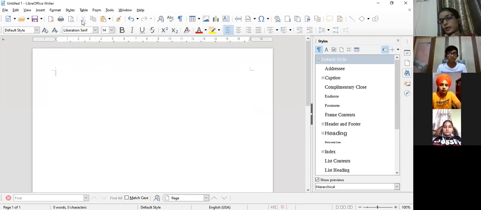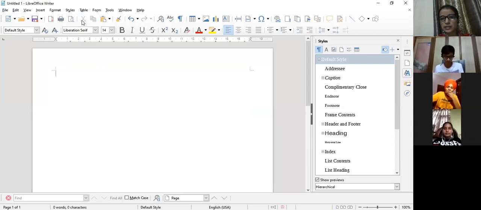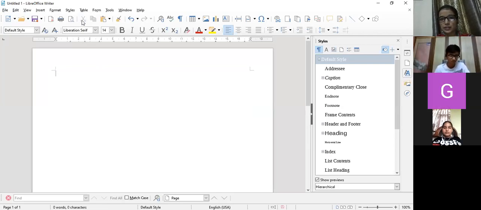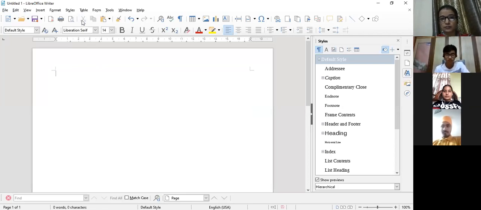So yesterday we did the topic about text case. Whatever text you have written, how many ways can we change the cases? Cases means uppercase, lowercase, capitalize each word, sentence case, toggle case, and cycle case. In cycle case, we further have three cases: uppercase, lowercase, and capitalize each word.